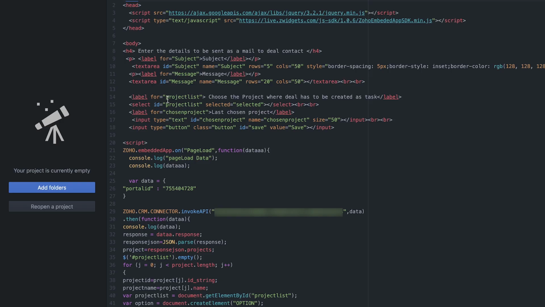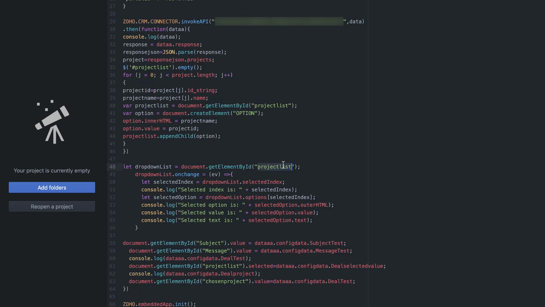So once I've done that, I've utilized this connector API that we created. We created a connector API for getting the project details, right? So I'm invoking that connector API as part of our UI over here, so that all the projects that are available in the end user's Zoho Projects account will be fetched and displayed as a drop down list called project list. Essentially only if those details are displayed can they go ahead and choose the project. So they have labels for subject and message, and their projects are going to be displayed so that they can choose a project from that list.